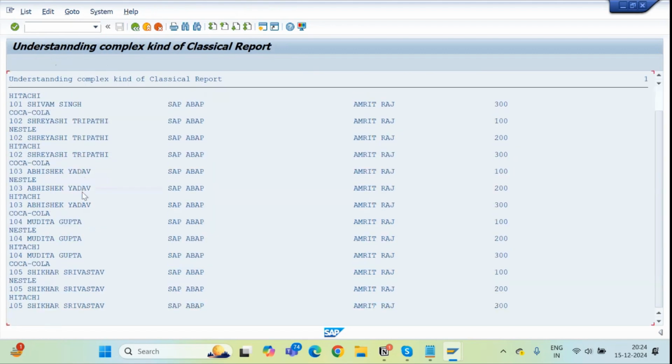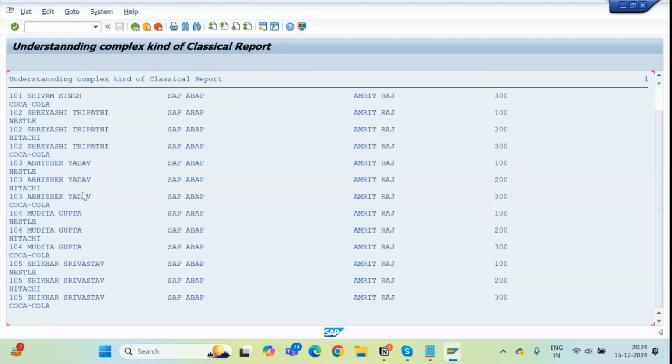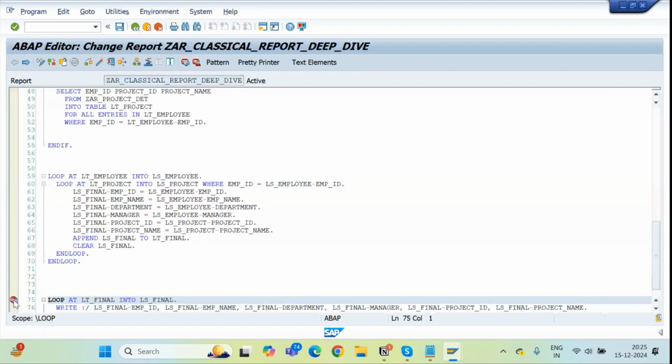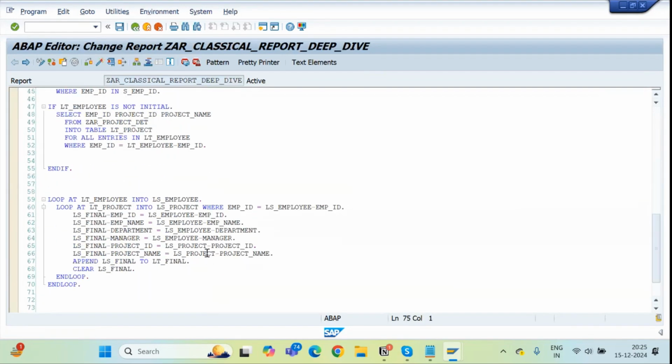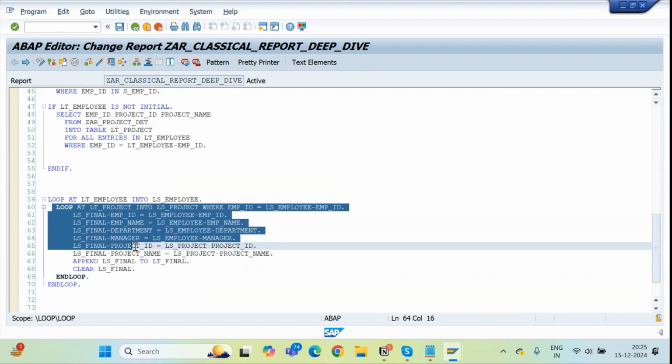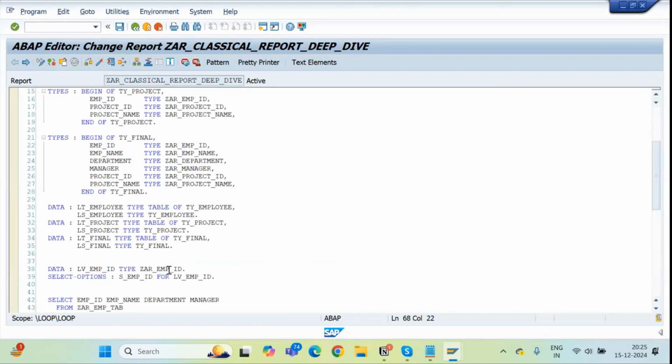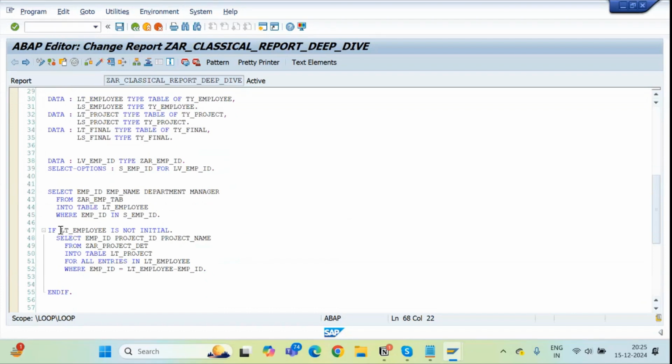So if I execute, see here, I am getting all the data. In a single row, my data is not able to adjust on my screen, so it has simply flowed to the next row, right? But I am able to get the data. This is one approach: using the concept of for all entries and storing the data in your item table. One approach. One thing you can also do here: if your LT employee is not initial, we are bringing data